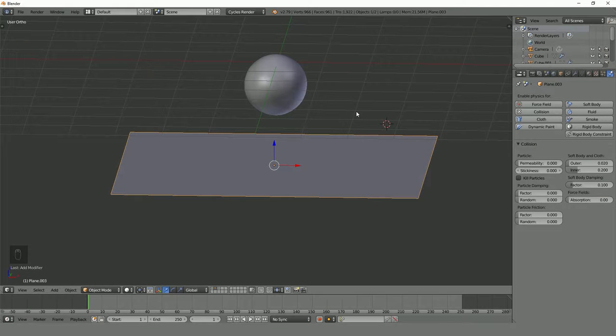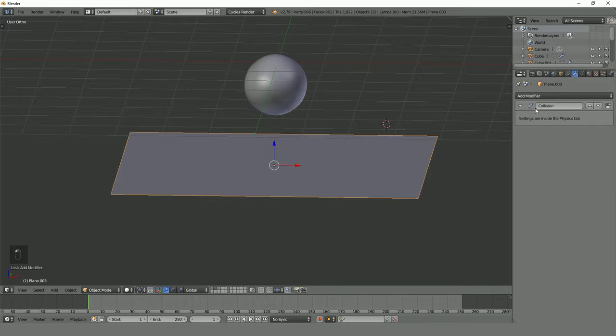In this video, we will be talking about the collision objects in the soft body simulation. Now, the collision objects are objects that the soft body can interact with and collide with, and it is located over in the physics panel right here. Once you click on it, it applies a modifier to it, and you can see the modifier in the modifier